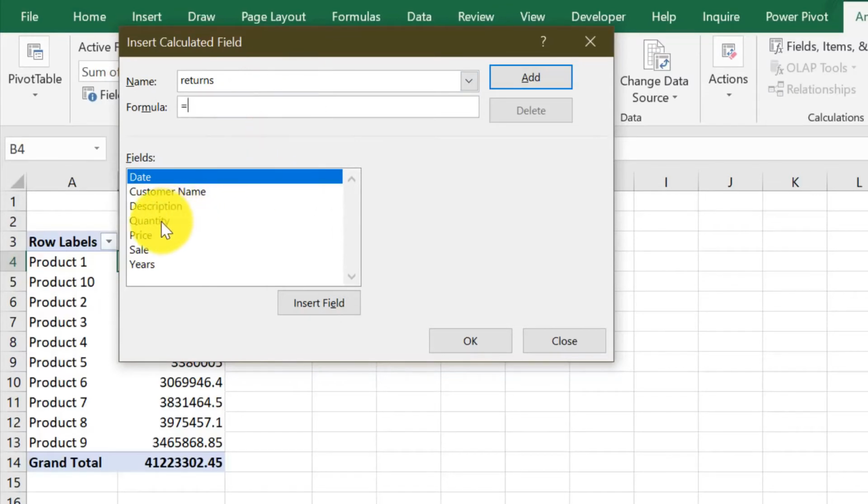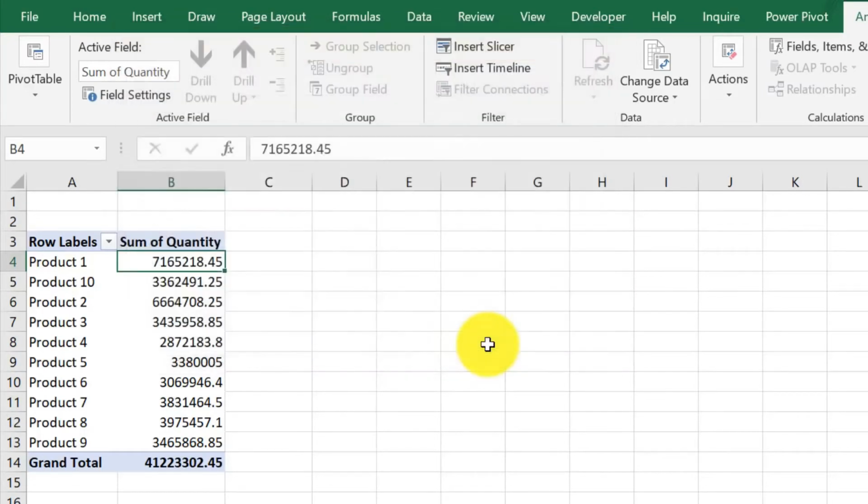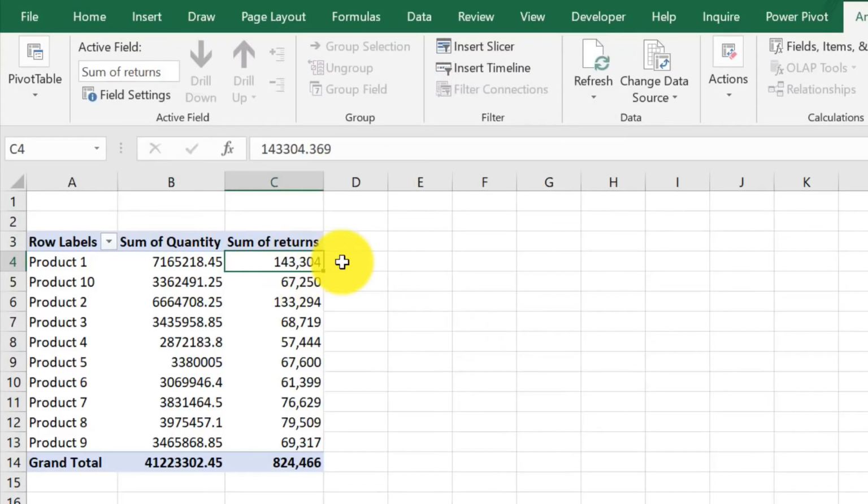So quantity, insert field, into 2%. Click OK, and there it is. Now this is also available for you in the pivot table fields. You can use it in your pivot table as you see fit: in the filters, in the description, in the column, in the values, wherever you want. Amazing, right?